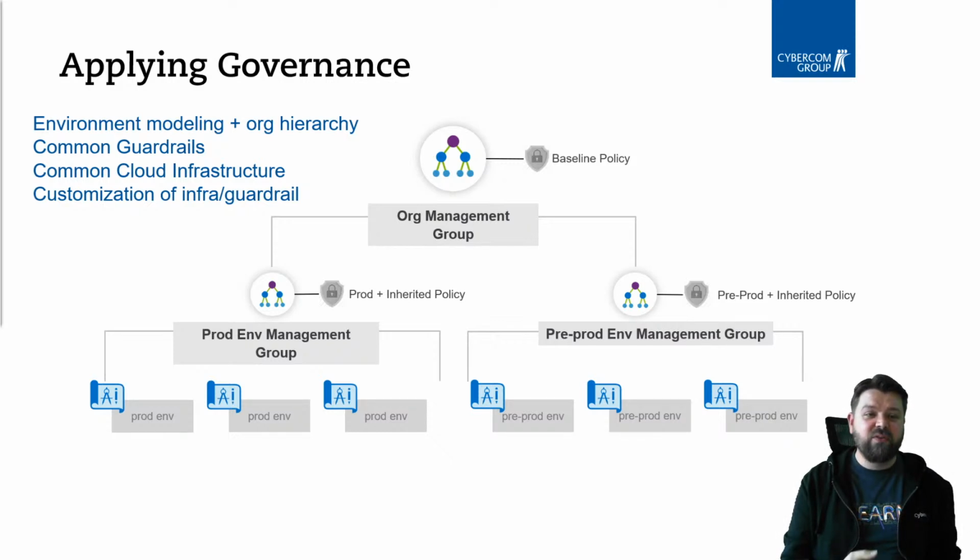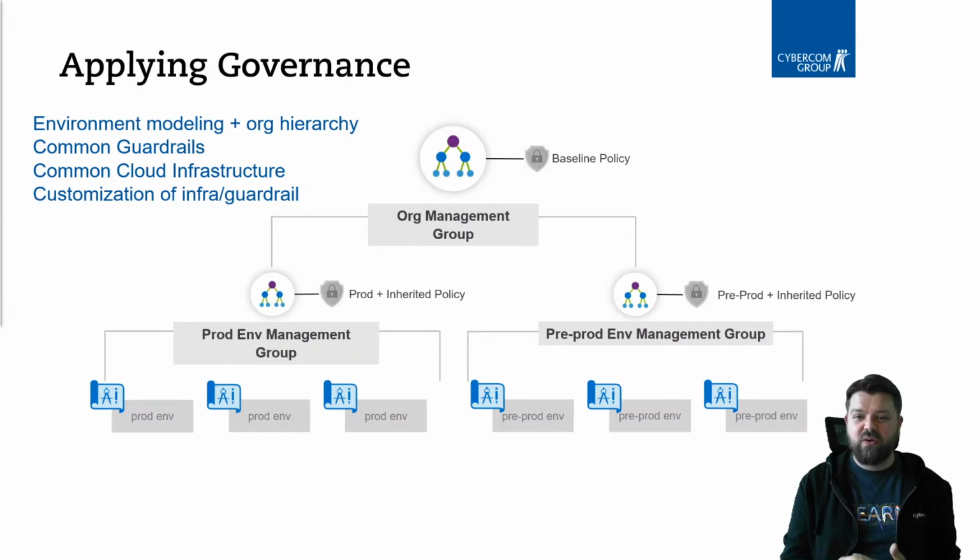And then from there on, this is the most basic environment you have. Then you have production environment, and then you have pre-production. Obviously, you could have plenty, as I said, this scales up quite easy. So if you have different units, business units, you could have 10 business units, and underneath every one of those you could have production environment.